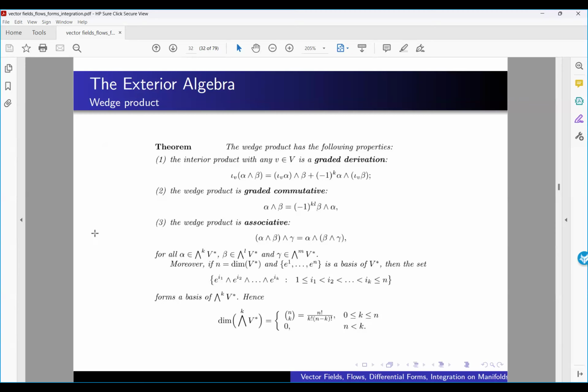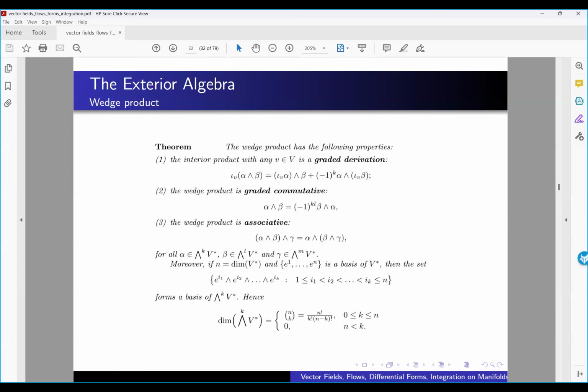When you compute the wedge product between alpha and beta, that's (-1)^(kl) times beta wedge alpha, where k and l are the degrees of the forms. The wedge product is associative, so (alpha wedge beta) wedge gamma equals alpha wedge (beta wedge gamma). And then the nicest part here is that we can write down the dimension